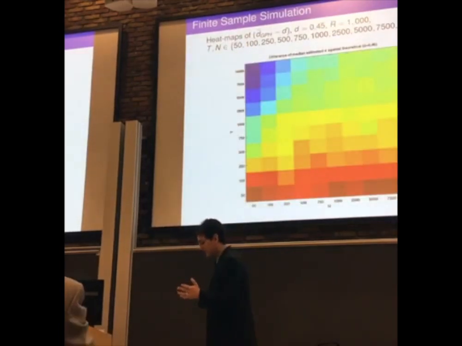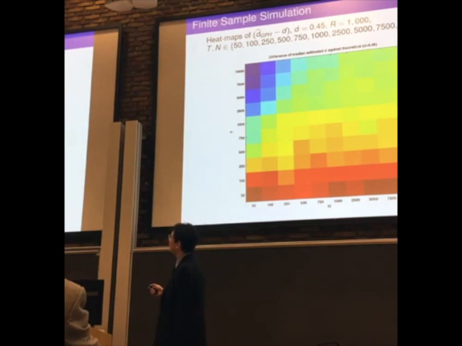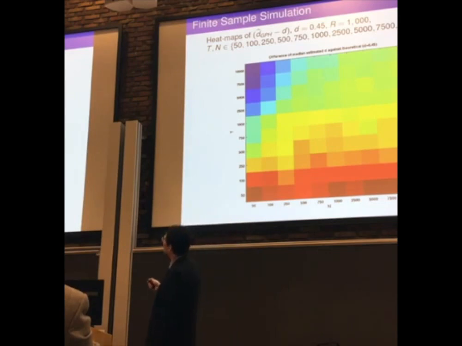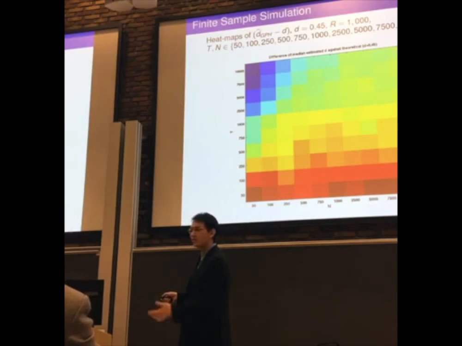Then, to see how this relates to the sample size, here is the mean of the values that we generated by cross-sectional aggregation, compared with the theoretical values. In a sense, this is the bias, let me call it, of the estimator. The red area at the bottom tells us that we are generating more memory than we wanted, way above the 0.45 we expected. With a small sample size, for all cross-sectional dimensions, we are getting more memory. Maybe we don't have enough data to start seeing the right value.